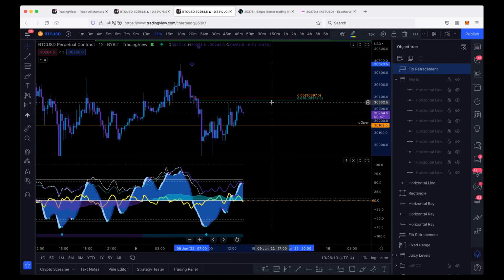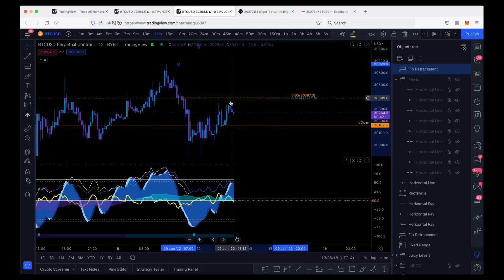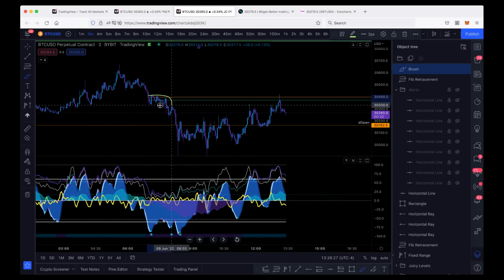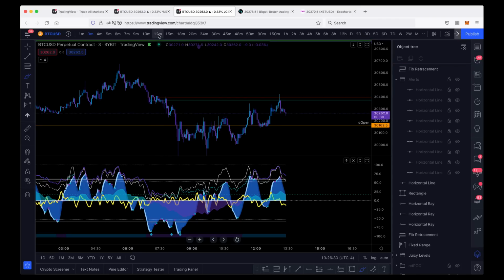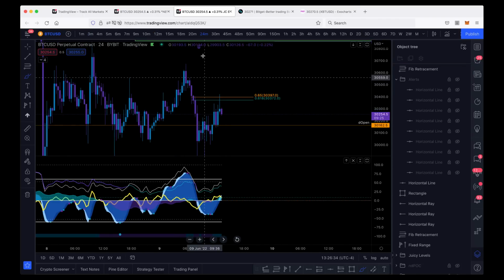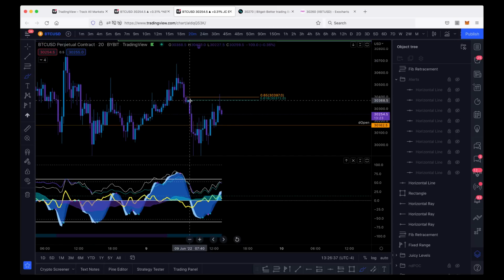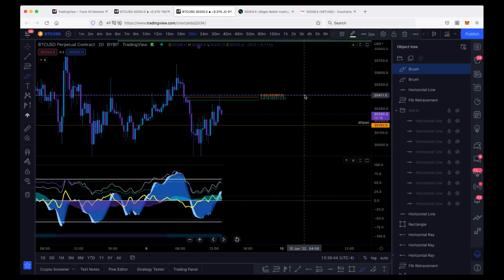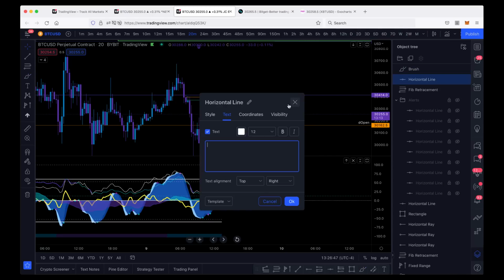First of all, this golden pocket right here is giving us a few other interesting areas of confluence. Number one, we have this little area of consolidation right here. Some people might call this an order block if we look at a higher time frame, maybe like the 24-minute or the 20-minute time frame. We have an order block right here, and also this previous high right here, where we know that there's liquidity in the market. So this is identifying for us multiple